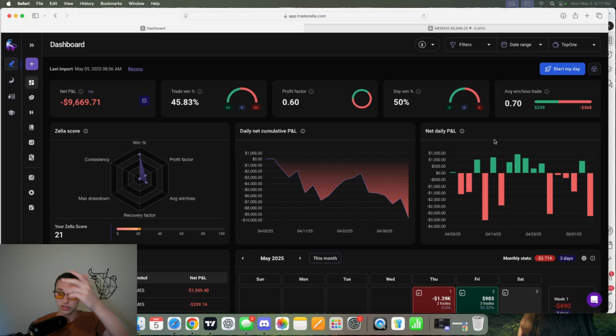So if we're just looking at my TradeZella here, you can see down max daily loss. My max daily loss is $1,000 per account, which comes out to a total of 3,000 across all three. So you can see some of these days I'm just kind of treading water, and then some days I'm taking some more heat. And then on the green days I'm just kind of getting by. It's just kind of skating by and not really